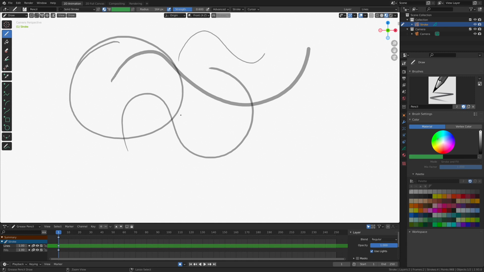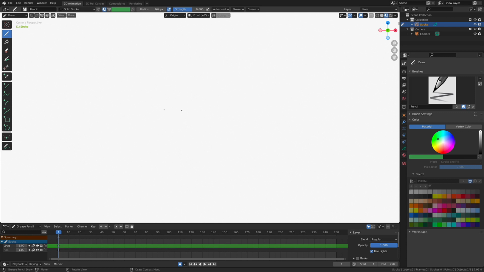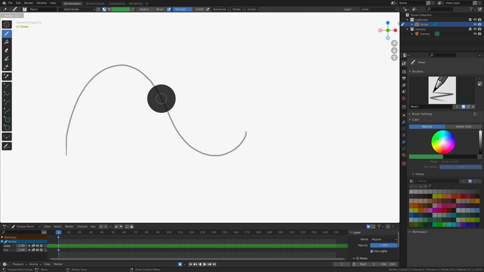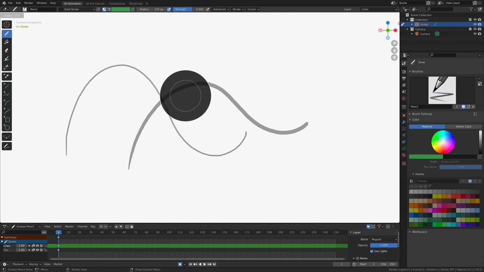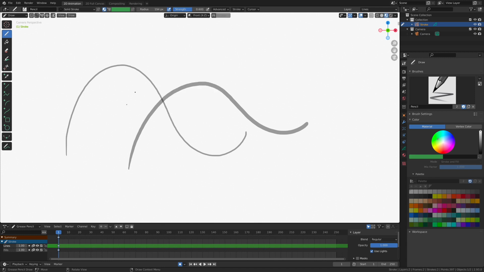Here's Pat's keyboard shortcut of the day. Check this out. It's going to undo. If you hold down the F key, or just tap it once, you're going to be able to interactively change the radius of your brush, which is pretty cool. Now it's 44. Tap F, draw out, and now it's 132. So the F key, just tap once, and then I'm just left-clicking and dragging. Not even really dragging, just left-clicking and moving the cursor around. And you can see that I am interactively changing the size of my brush, which is pretty cool. I like that a lot.